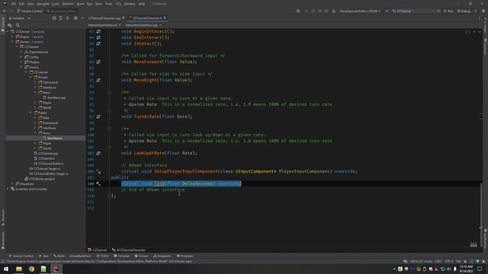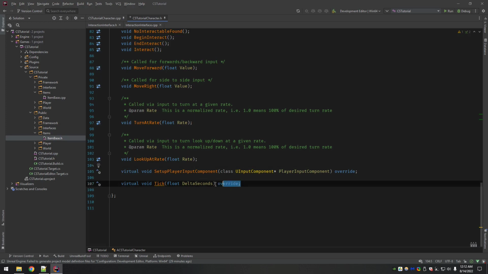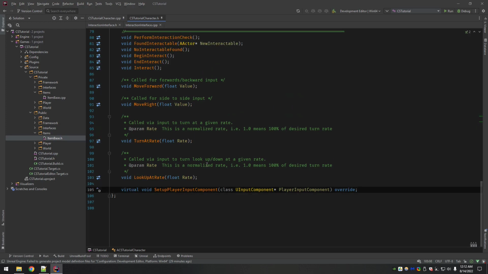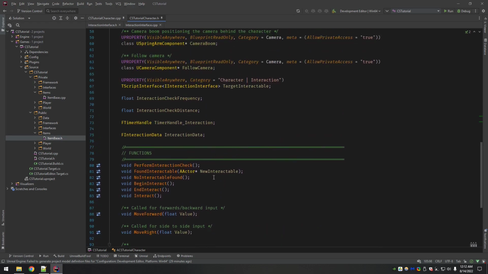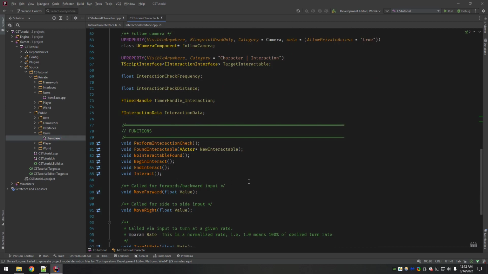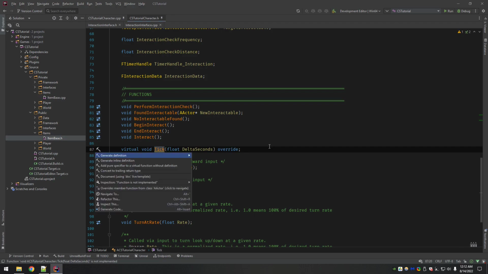So I'm going to override that, and see it does this thing again, puts this down in its own public section. And all these generated comments. I know that they were probably helpful at one point, but it's just so much extra stuff. Okay, so we're in protected functions. That's our stuff there. All right, so now tick has its override.